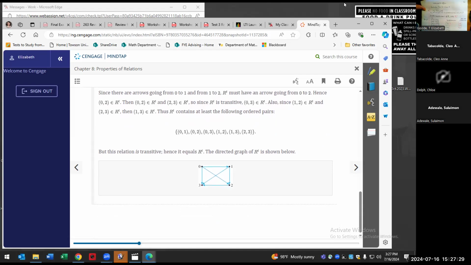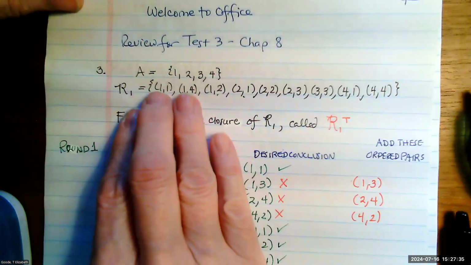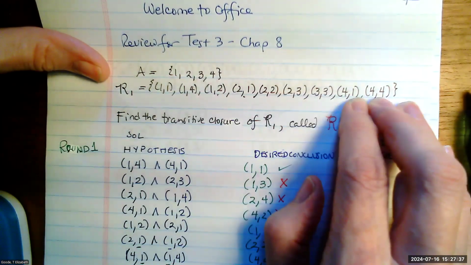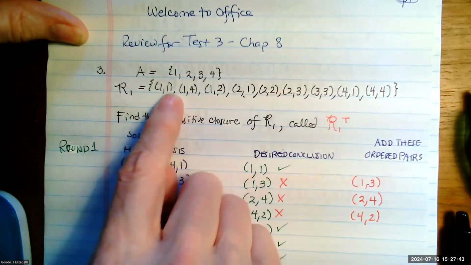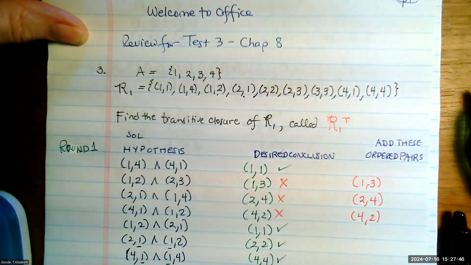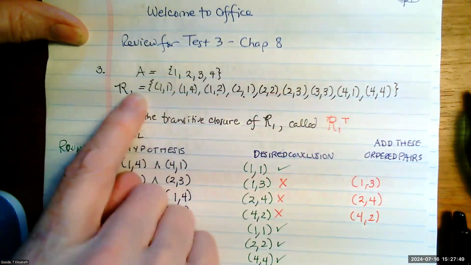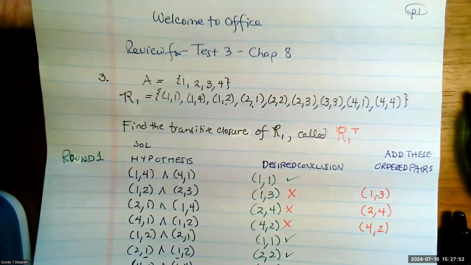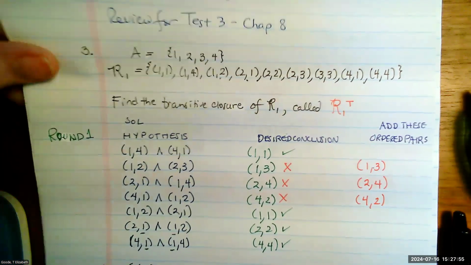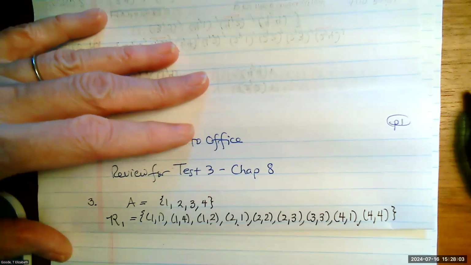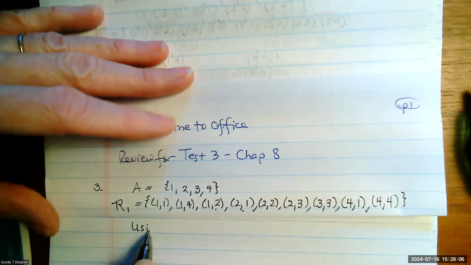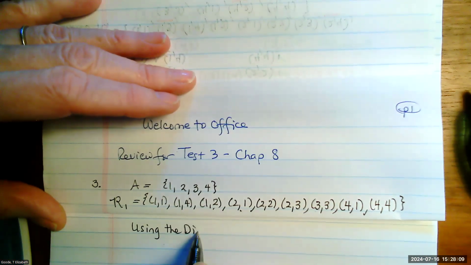If we started with this, I'll stop sharing. Another way to analyze this problem, here's the original relation. It's kind of a big one, because I just picked this out of our review. But if we draw the directed graph for R1, remember I said it's called an arrow diagram or a directed graph. Directed graph is a better way to name it, because that's the name she uses. So starting again, using the directed graph approach,